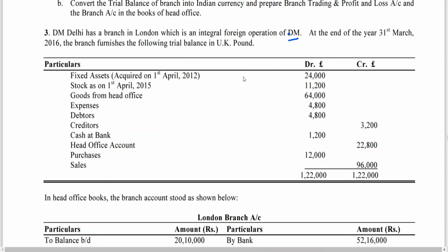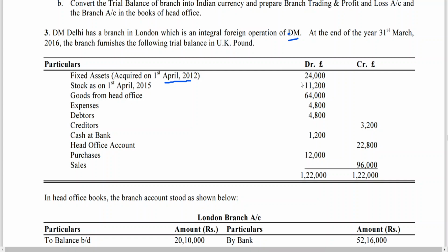Fixed assets acquired on 1st April 2012, that is the date of acquisition. Even though we have the information of 2016, this is not to say that this is when they acquired the fixed asset; the date of acquisition has been given. So on the value at the date of acquisition, you will be calculating the depreciation and the cost of the asset. Fixed assets acquired on 1st April: 24,000